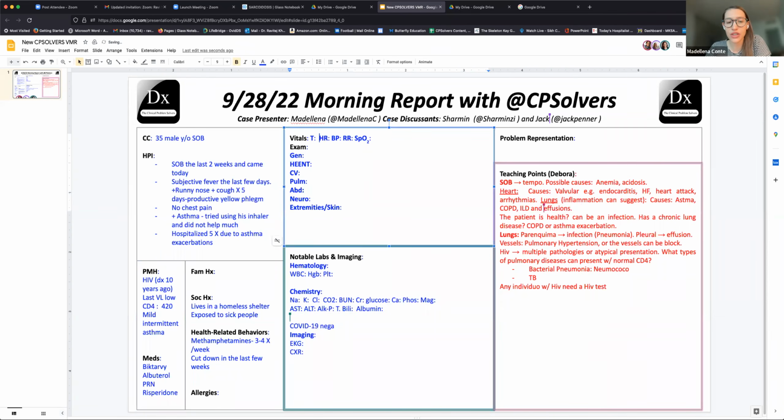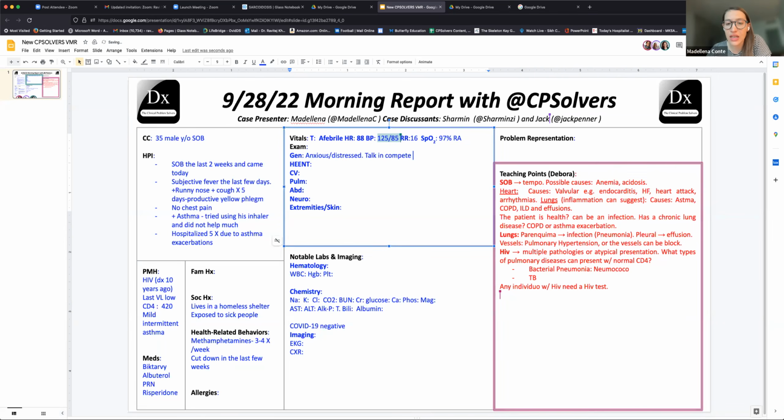So in terms of the vitals, he was afebrile. The heart rate was 88, blood pressure 125/85, respiratory rate 16, and he was sitting at 97% on room air. In general, he appeared very distressed and very anxious about his shortness of breath. He was able to talk in complete sentences.